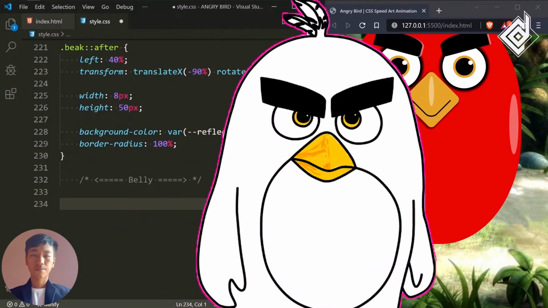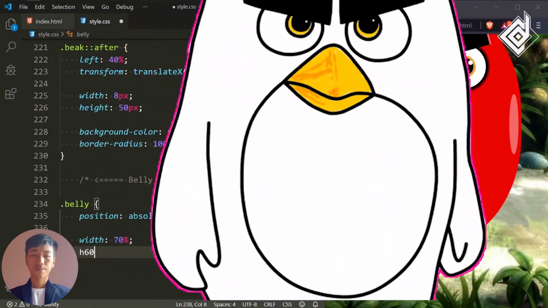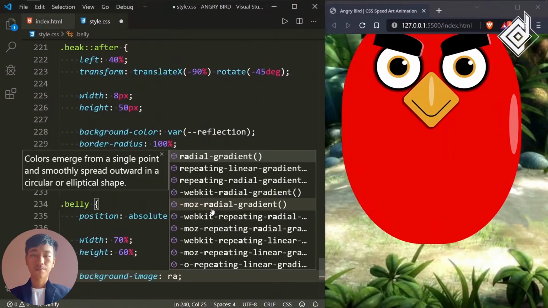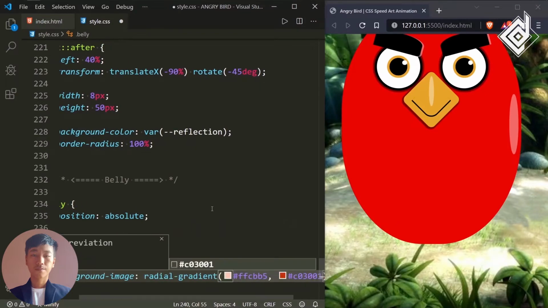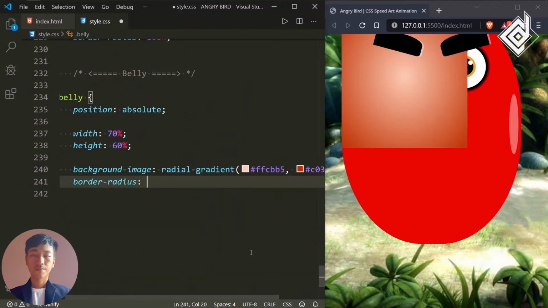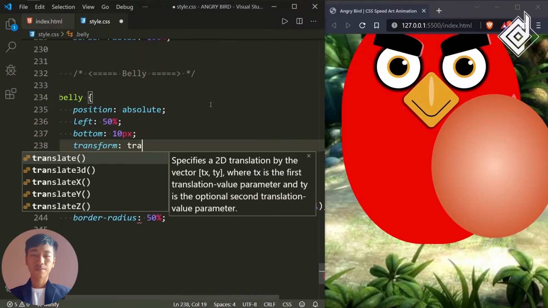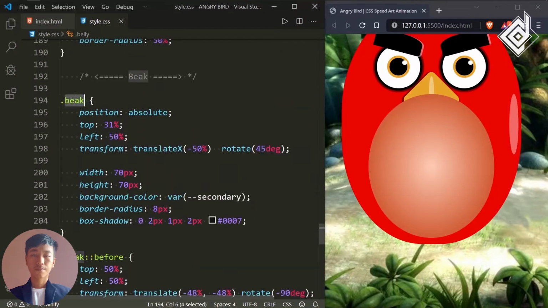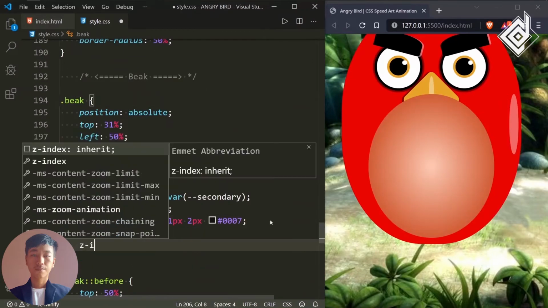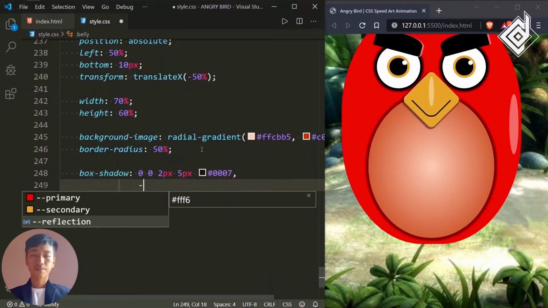Now let's style the belly. Okay, for the belly I'm giving the gradient color, like it's a light orange and the dark orange color. So if I give the radial gradient, it gives a kind of like 3D shiny effect. But I want to take it to the backside, so let's take it to the backside. Okay, and also let's give some extra like box shadow for the extra 3D effect.